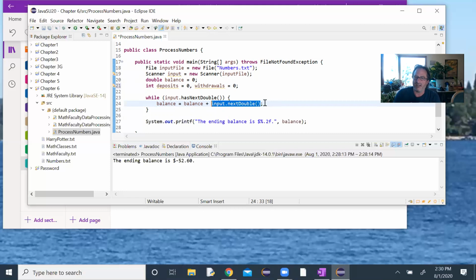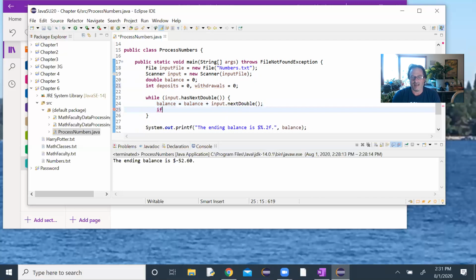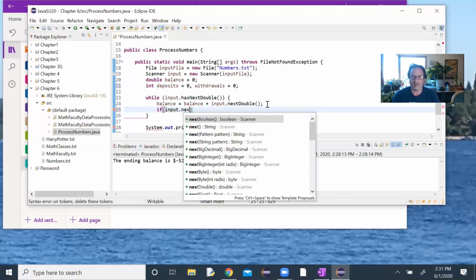So input.nextDouble is not a variable. It is a method that's taking the next number in the file out and saving it there. So if I try to use input.nextDouble again, instead of dealing with the number I started with, it'll take the next number out. And then that number will no longer be able to be accessed. So then when we go to compute the balance, we would lose our balance. So for example, if I just put a statement here that says if input.nextDouble,